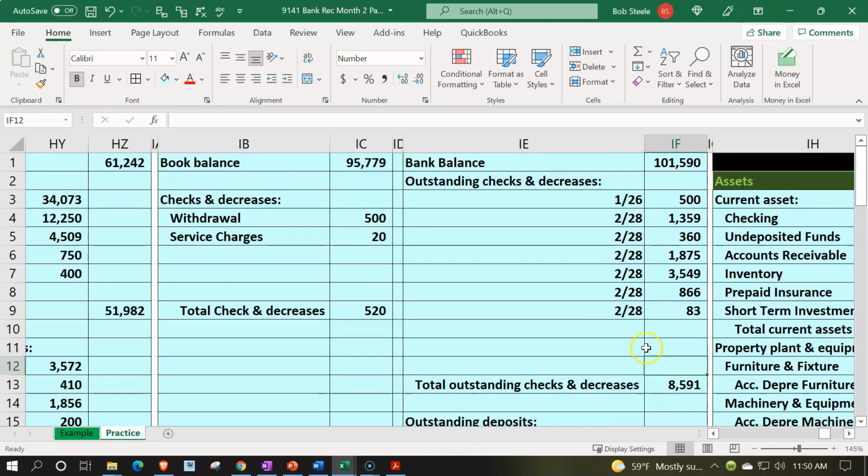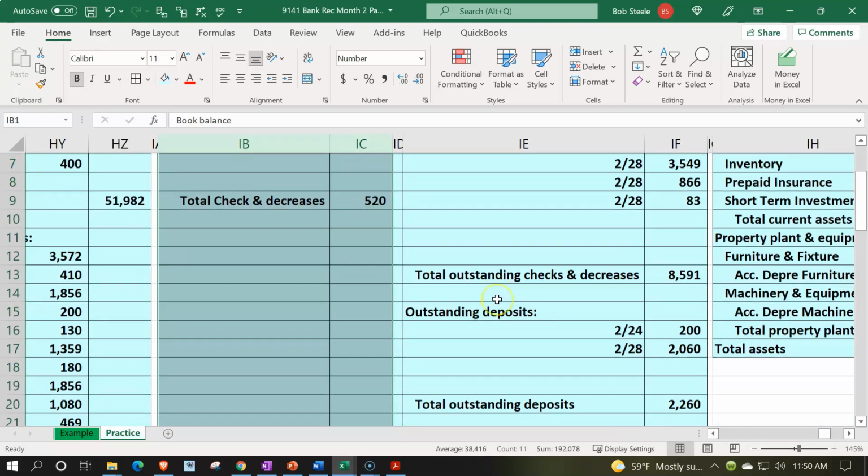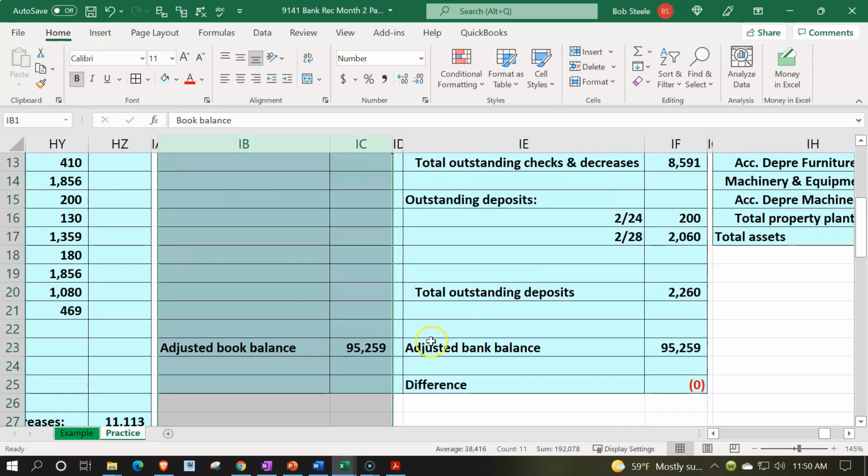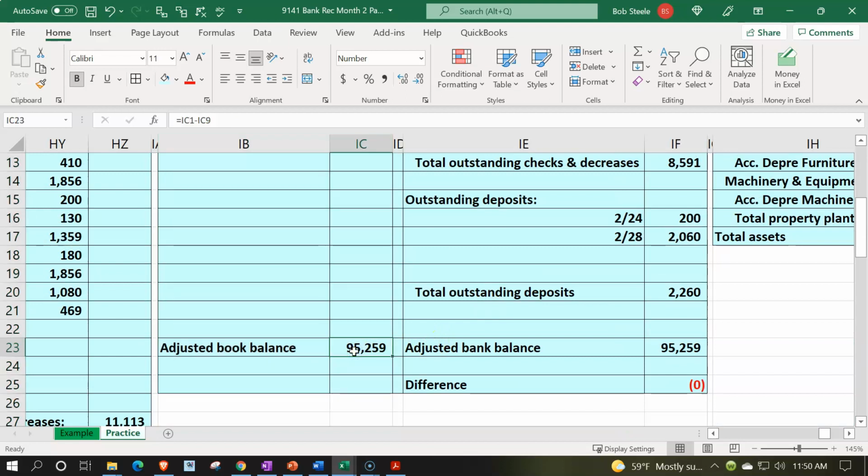Then what we will do is we're going to fix the book side of things, because this is our problem. This is us not being correct. This is us not having the information that the bank had. And so we're going to put that information into our books. Once we do, this side will basically disappear. The book balance will be adjusted to be whatever it's going to be after those two adjustments. And then this will